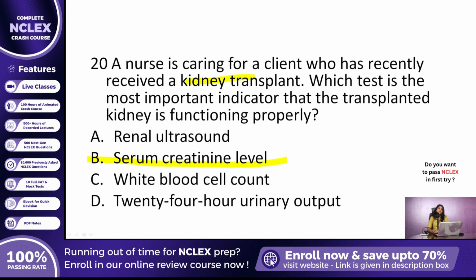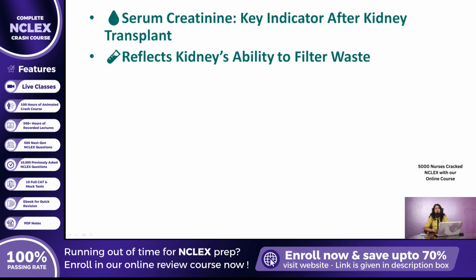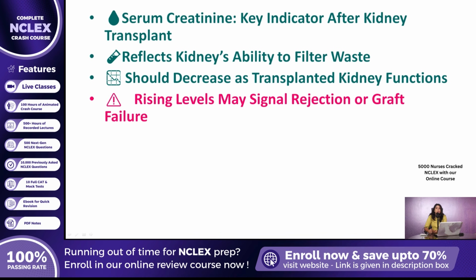correct answer. Creatinine is a byproduct of normal muscle metabolism and is excreted solely by the kidneys. A functioning transplanted kidney should begin to filter creatinine efficiently soon after surgery, leading to a decrease or normalization of serum creatinine levels. This lab value is monitored frequently because it offers real-time insight into how well the kidney is clearing waste and maintaining homeostasis. Any unexpected rise could be an early warning sign of rejection, ischemia, or graft failure, making it a critical parameter